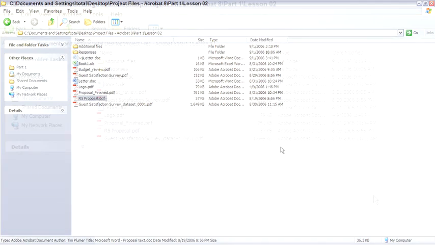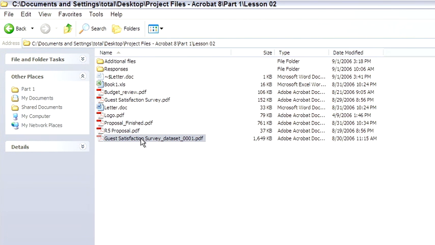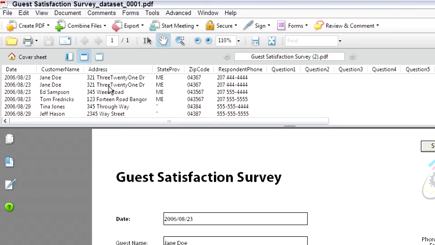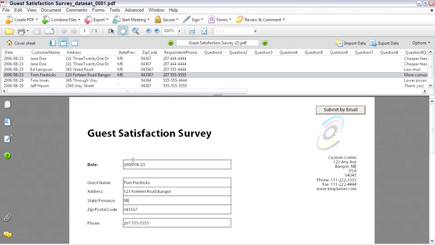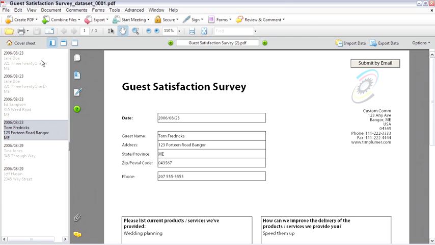So we'll jump into the folder here. I have a package called Guest Satisfaction Survey Dataset 0001.pdf. If I open it, all of the responses in the dataset are available here, and as I trip through them, you can see they change here. I can click this View option so that it's easier to see them on the side,